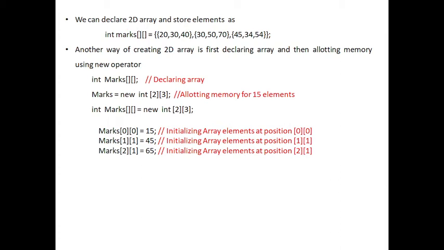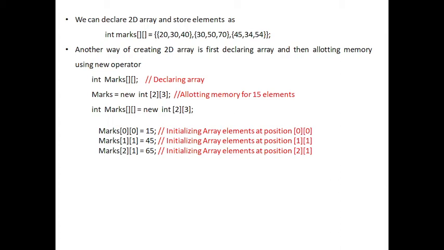It is having three rows, and how many columns are there? 1, 2, 3. Here also 1, 2, 3. It means the size of the marks array is 3, 3: 3 rows, 3 columns. 3 by 3. So in this single statement, we declare the array, we store the elements, and instantiation is